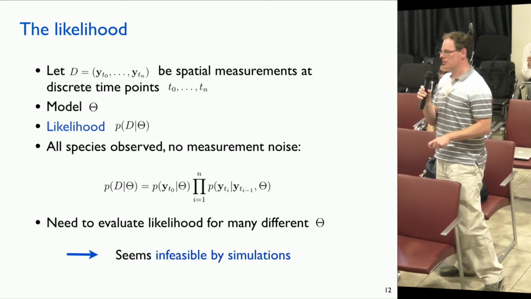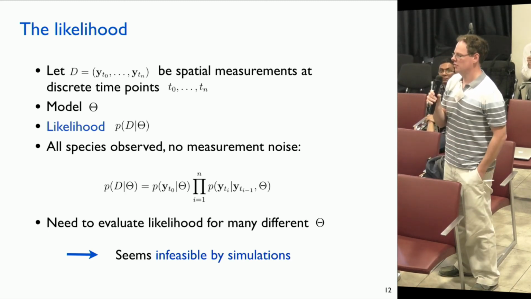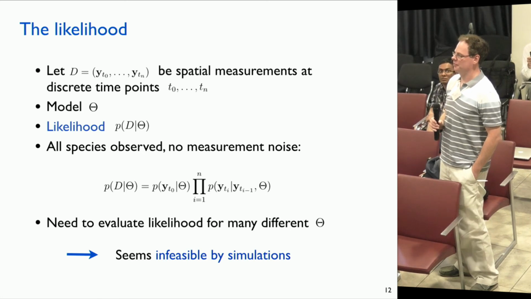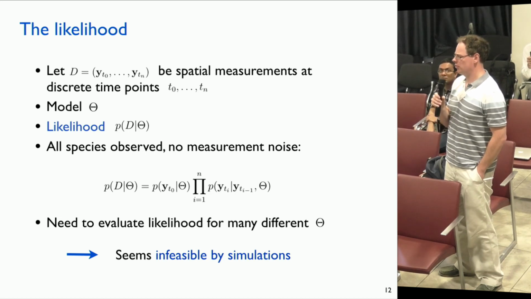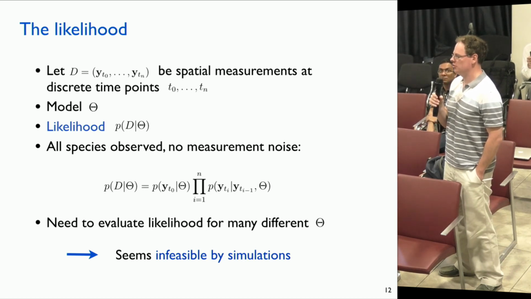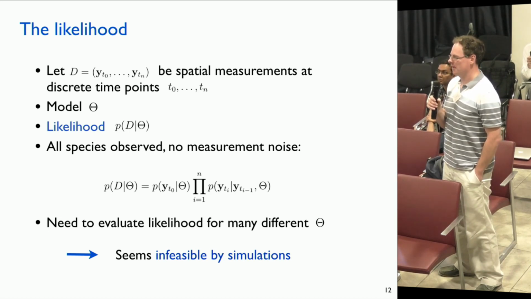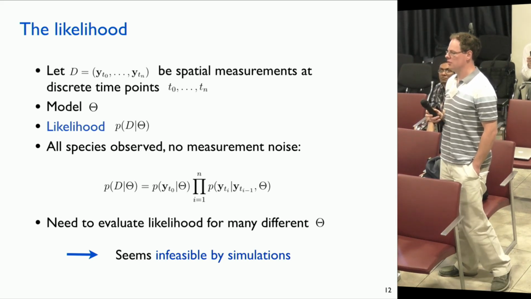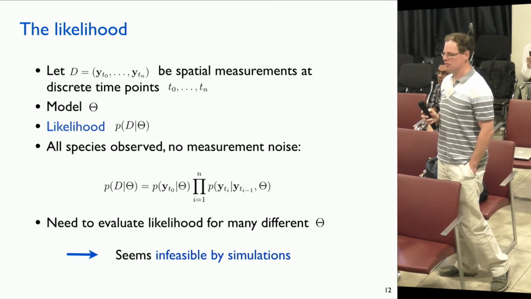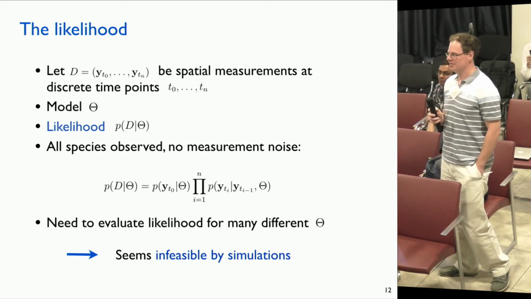Then the history doesn't matter. Only the state at this moment matters for what happens in the future. If it's fully observed. If there's one species we don't observe or there's measurement noise, then this is not true. This independence. I mean, even if you observe a system fully, wouldn't you get temporal correlations? But it's still defined as a Markov process. The propagation of the system in time only depends on the current state. The history doesn't matter, by definition.